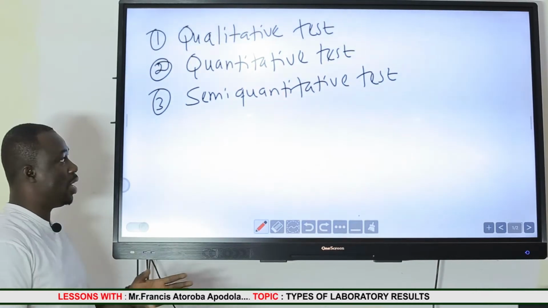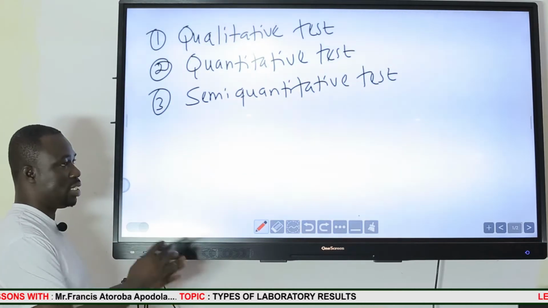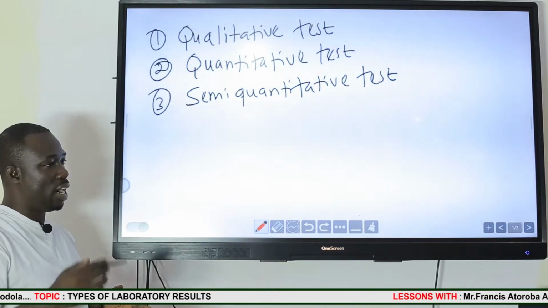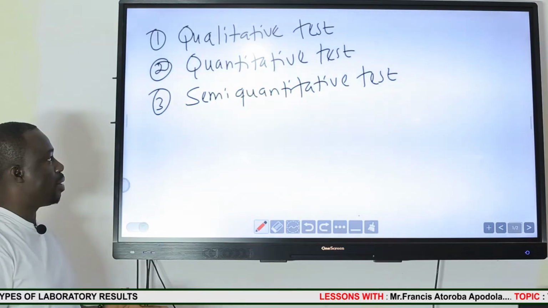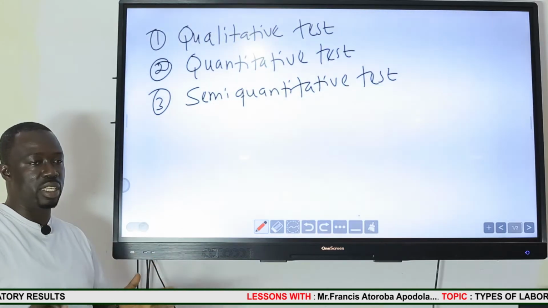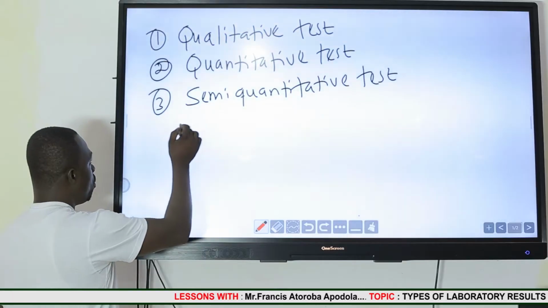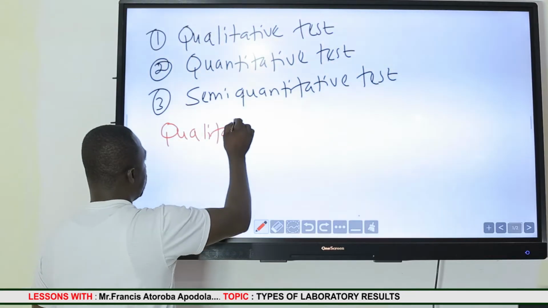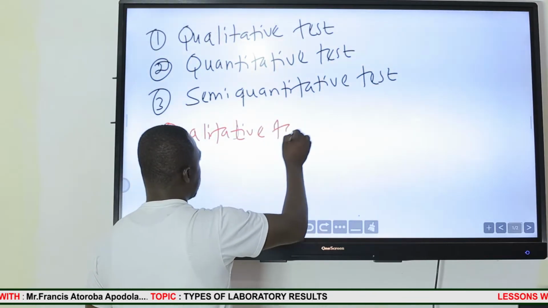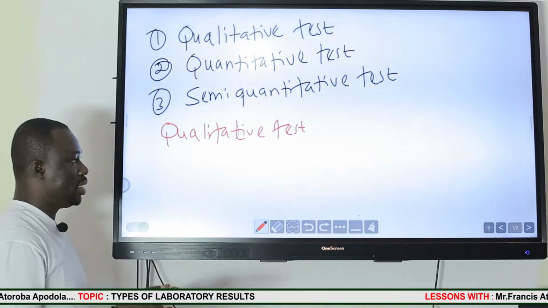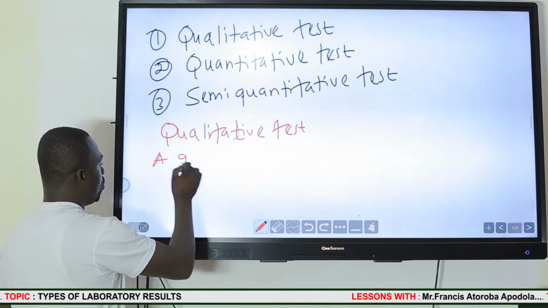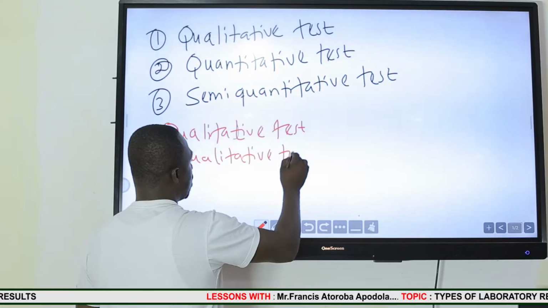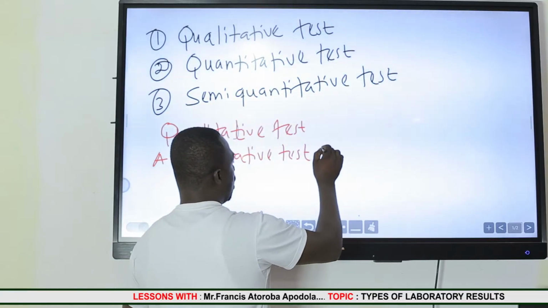So now let's look at each of these respective test investigations being carried out by the laboratory scientists in detail, and how the tests are described as either qualitative, quantitative, or semi-quantitative. The first one we want to look at is the qualitative test result. A test is said to be a qualitative test when